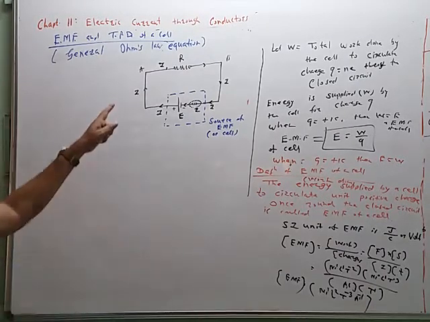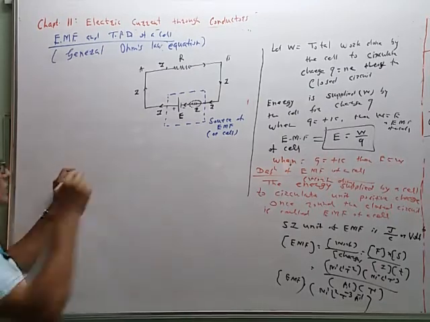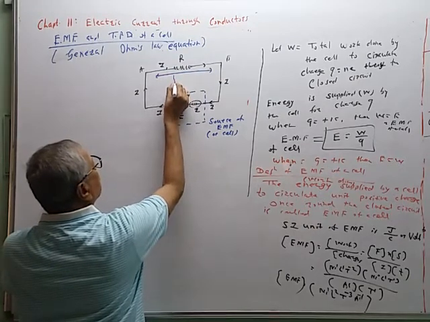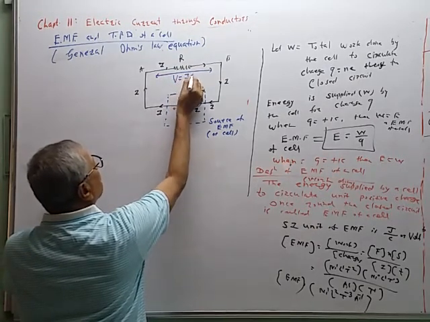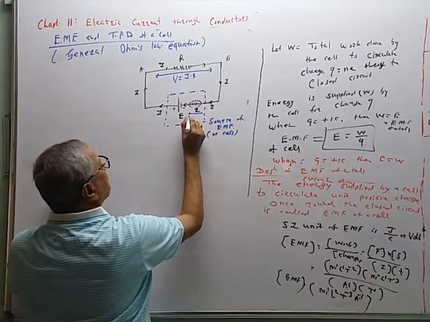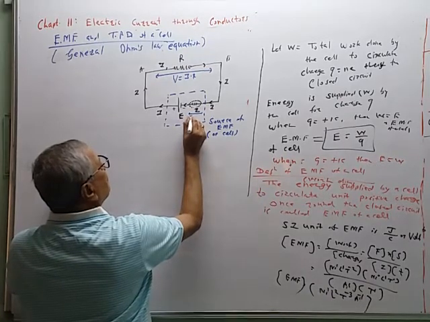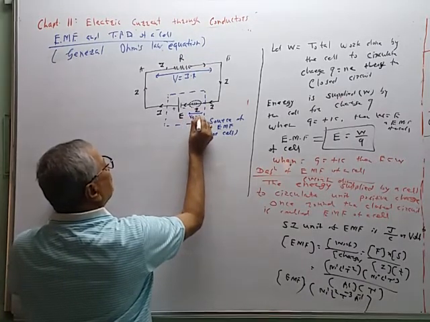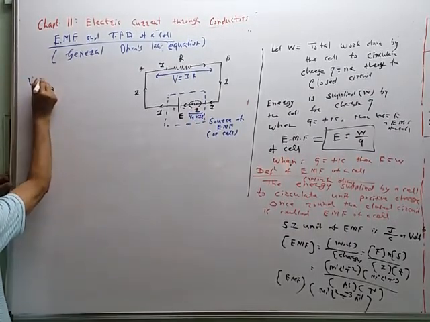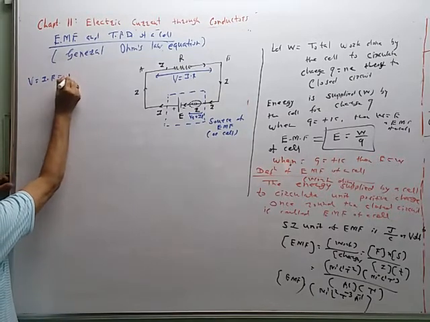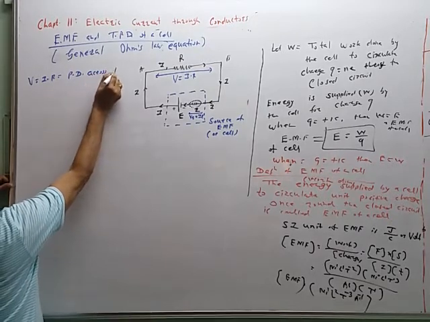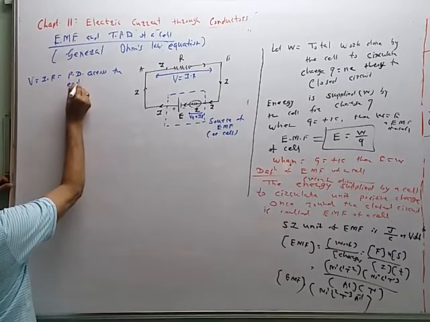So when the current flows through the external resistance and internal resistance, there are some potential differences produced across the resistances. By Ohm's law, V is equal to I into R, current multiplied by resistance, and for the internal resistance it is denoted by Vr, or sometimes it is denoted by V. So in our books, in our notes, the symbol Vr is used. So V is equal to I into R, which is the potential difference across the external resistance R.